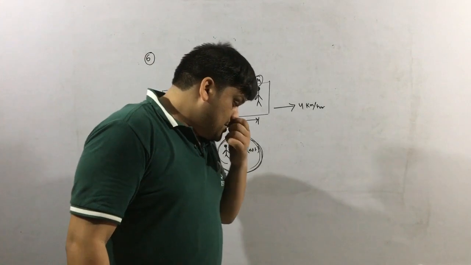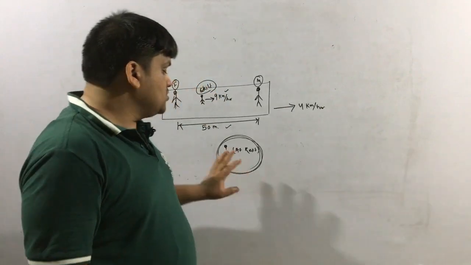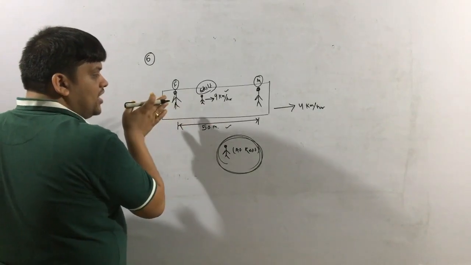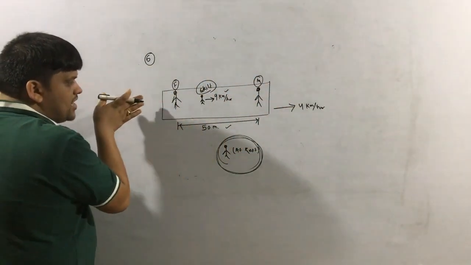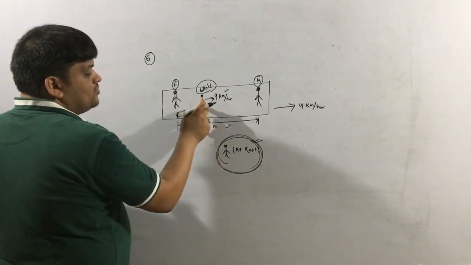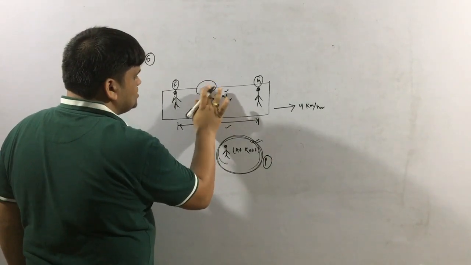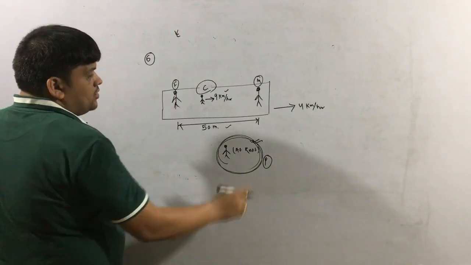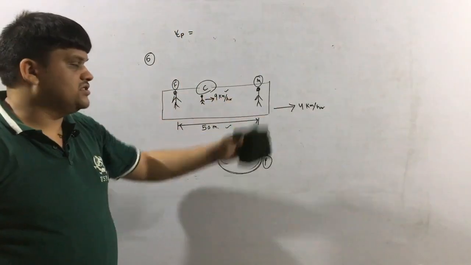Now the first question is the speed of the child running in the direction of the motion of the belt for the observer outside. For this person, what is the speed of the child who is running in the direction of the belt? Means if the belt is moving along this direction and the child is moving along this direction, then for this person, what is the speed of the child? I am just writing it as a person P and it is as a child C. So the question is actually what is the velocity of the child with respect to the outside person, when the child is moving along this direction.